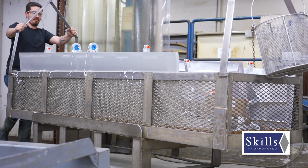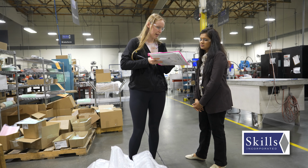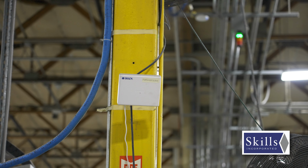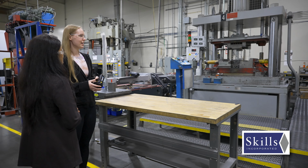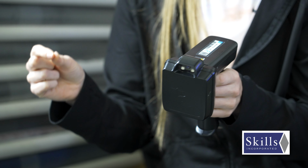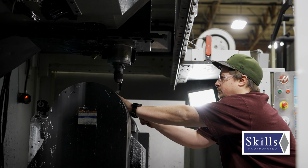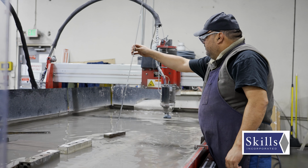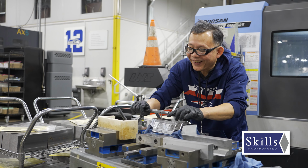In today's day and age, everybody has a phone in their pocket, and the young generation which is entering the market, phone is everything for them, internet is everything for them. So if you can give them a work environment where, of course, you are doing the due diligence of producing an aerospace part, but utilizing the more advanced technology in the aerospace environment is attractive to this young generation,